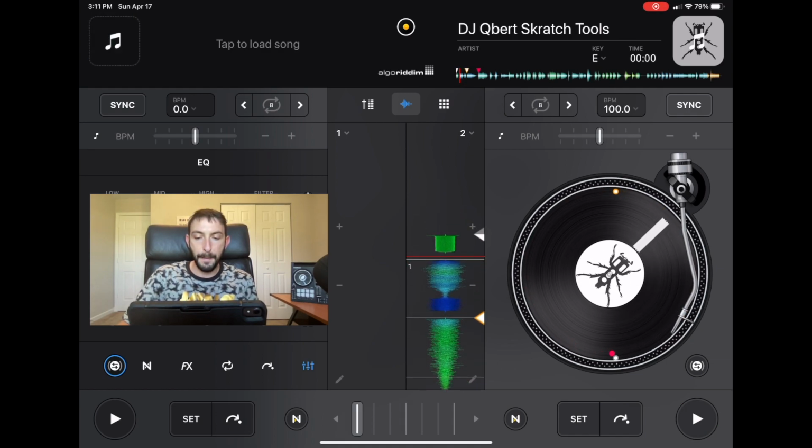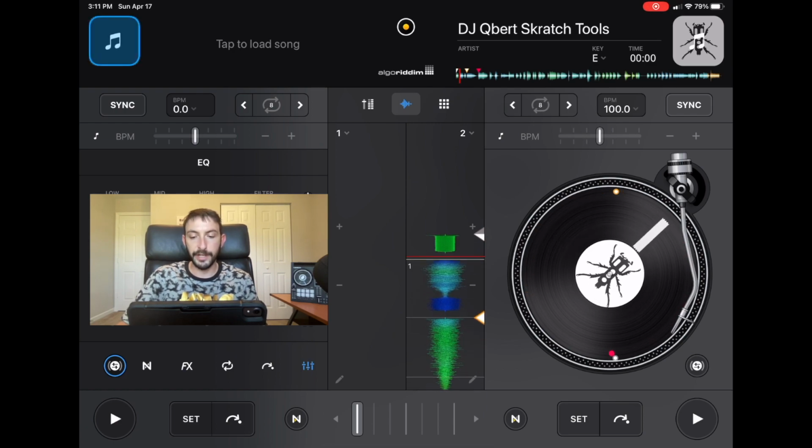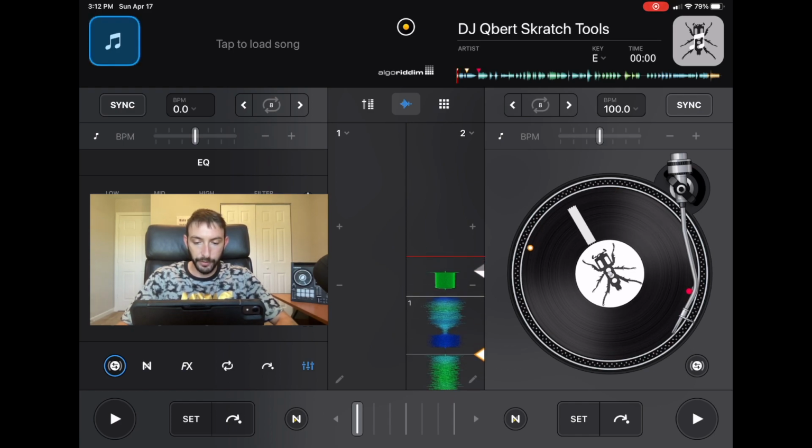have to bring it back and bring it forward. Bring it back and bring it forward. So find a good range of motion right there. Same thing if you're using a controller, but it's going to be your whole hand instead of your finger. So now that we got a good range of motion,